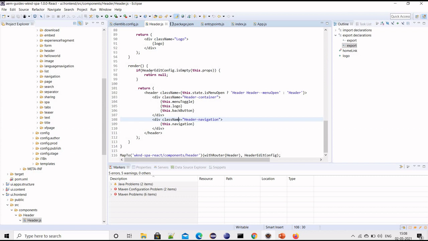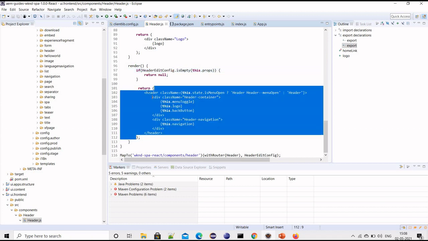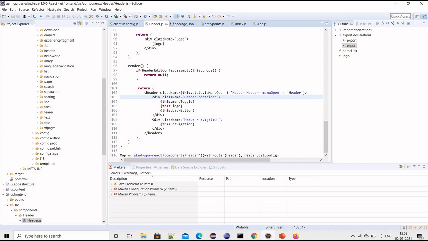So if we see this, we are checking our React component, and if it is empty, then just return null. If it is not empty, then we are returning the DOM here. Basically these are the CSS classes, and this is again a CSS class, and these are the methods we have specified above, for example this menu toggle.